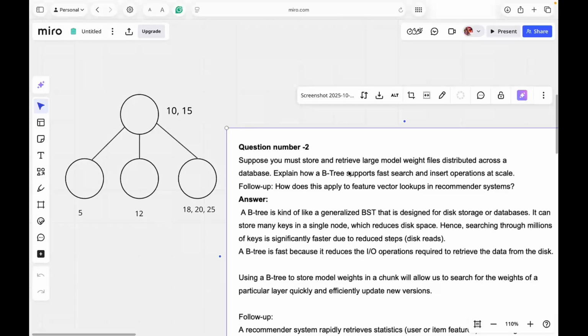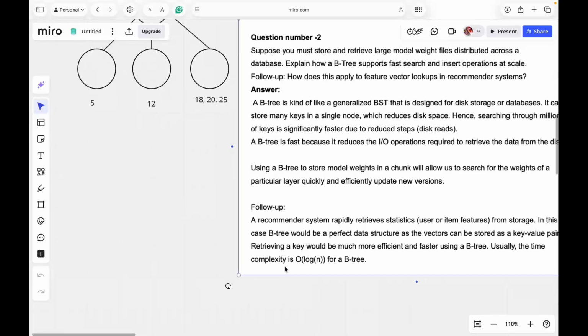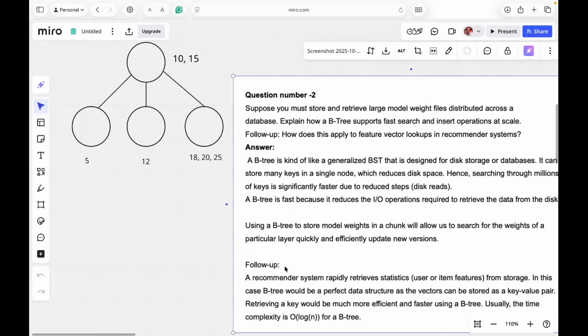Basically, a B tree stores in layers. Suppose I have layer 1, and there I have a huge weight chunk 1, and then I have layer 2 with huge weight chunk 2, and similarly the rest of the layers up to layer n with weight chunk n. So what I can do is quickly find the weights for a given layer. So a B tree helps in efficient key search. As it stores values in key-value pairs, the B tree can quickly find that key